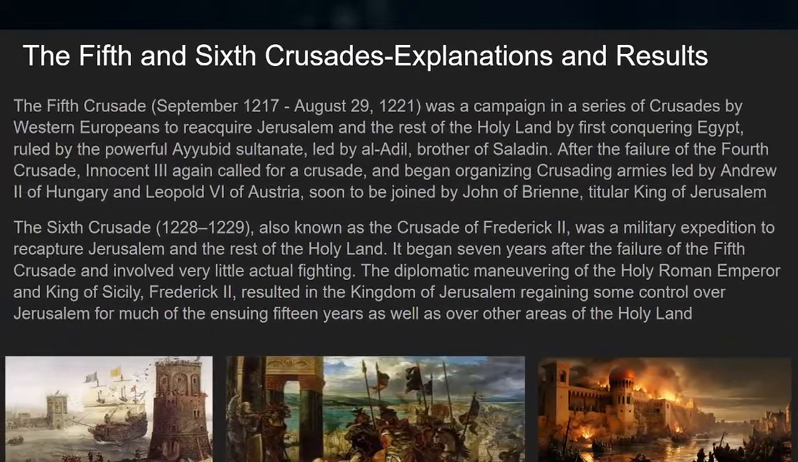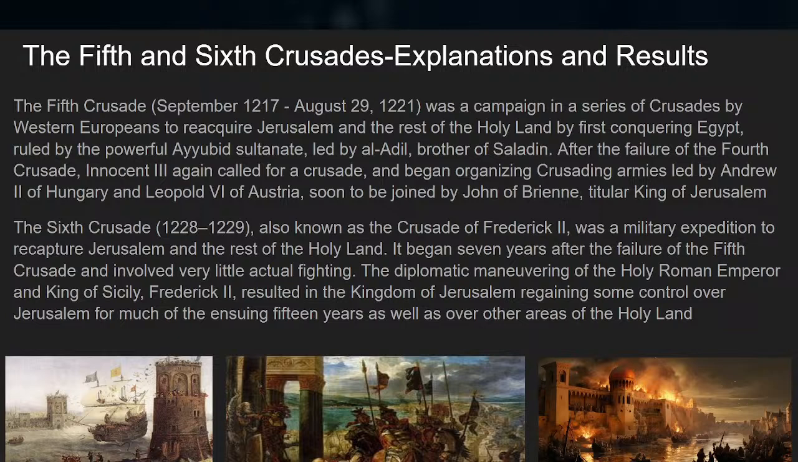Here are the Fifth and Sixth Crusades, explanations and results. The Fifth Crusade, September 1217 to August 29, 1221, was a campaign in a series of crusades by Western Europeans to reacquire Jerusalem and the rest of the Holy Land by first conquering Egypt, ruled by a powerful Ayyubid Sultanate led by Adil,